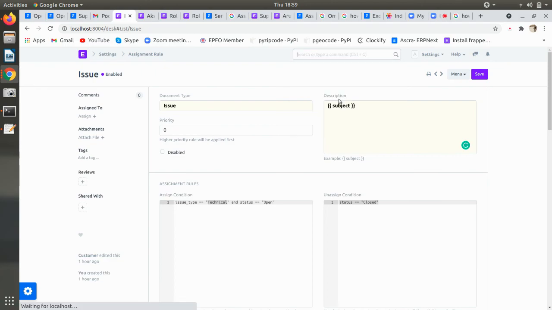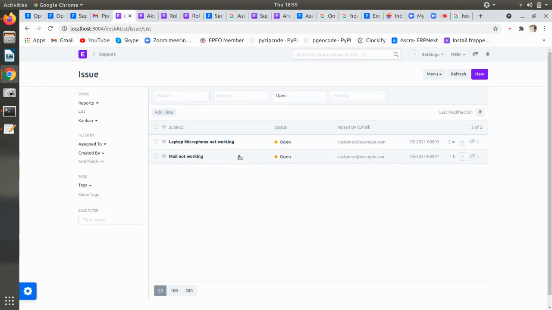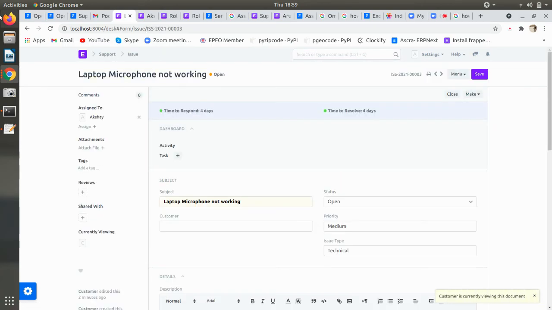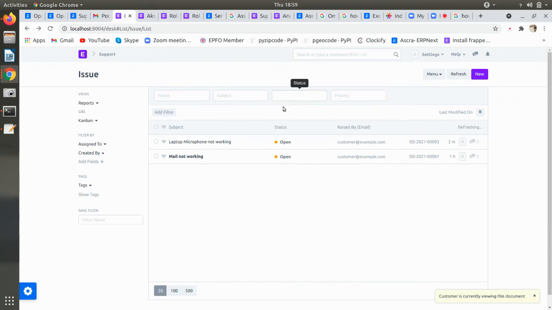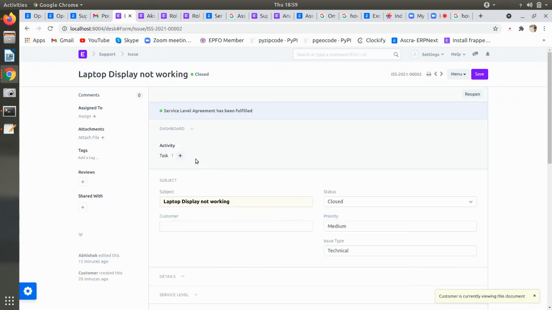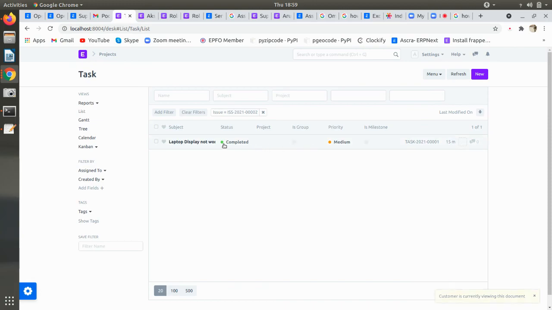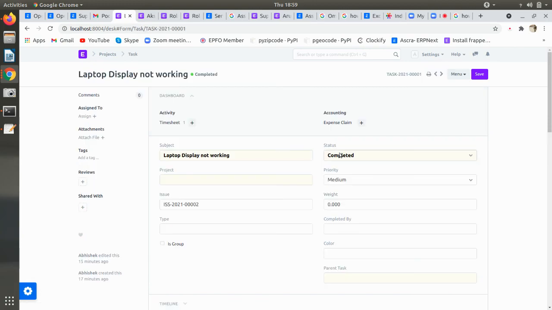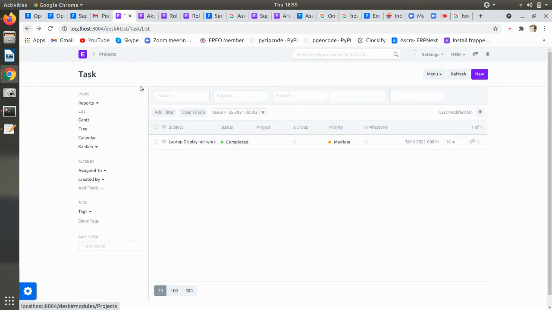It was in a task screen. That one was a closed one. Yeah, I think this is what you're asking about. How come there are two fields of status? No, no, this is in the task screen. That was an issue screen.